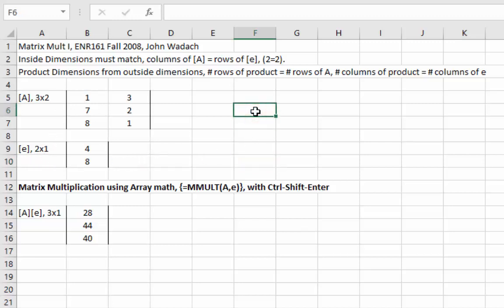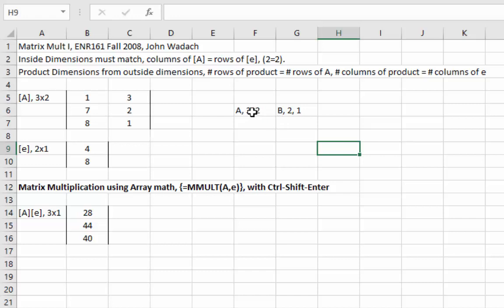So if you wrote these out horizontally, you said A, which is a 3 times 2, and you're going to multiply that by B that had 2 rows by 1, what you really say is that these two inner numbers, the 2 and the 2, have to be the same in order to be able to multiply these